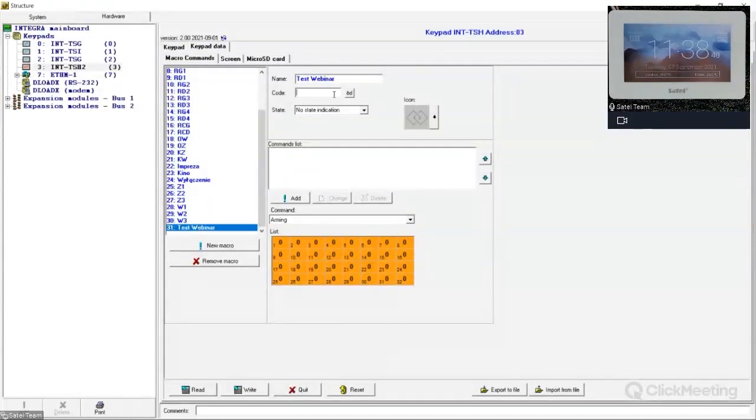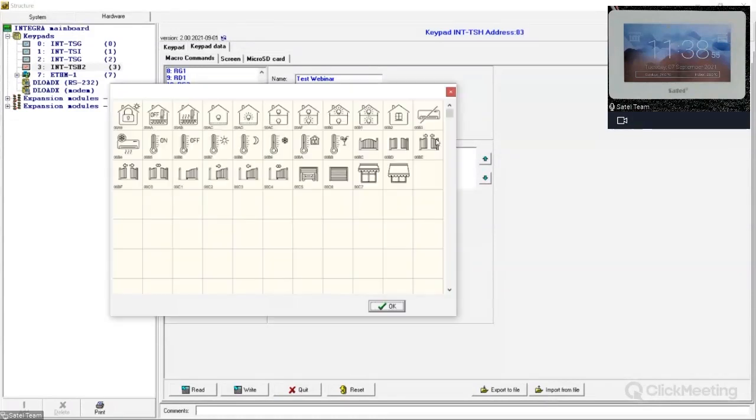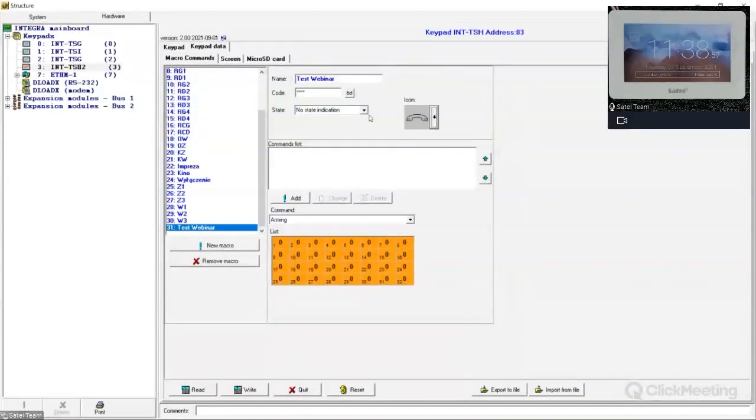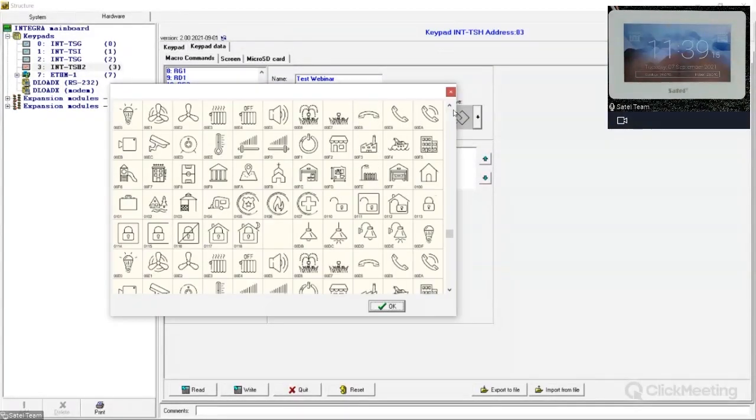You can set the code for the macro command, and also you can choose the state of an icon. Without the state indicator, the icon will not change. You have just one type of icon, and that's all. Or you can set that the state will follow input or follow output, so the icon will change depending on, for example, the zone status. Let's say that when zone 1 is violated, you have an icon